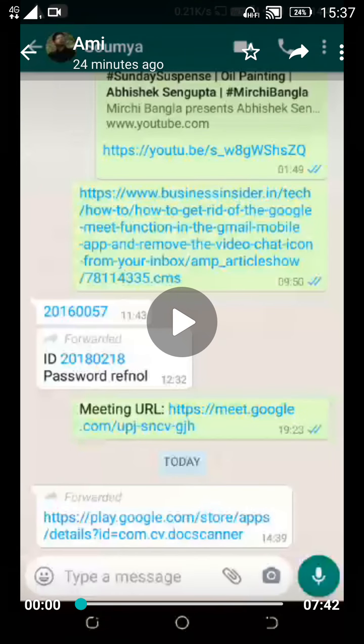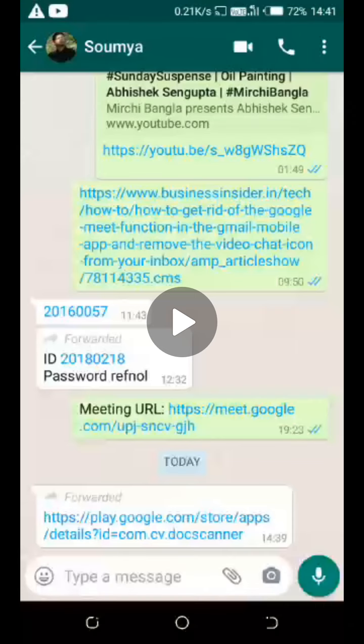Dear students, you have already taken your unit test, and some of you have faced a problem during uploading of your answer images. So we are providing you an app through which, if you take the image of your answer sheet, the size will be considerably less, and consequently the uploading time will also be less. That means if you take images of your answer sheet through this app, your uploading process will be faster, and it will be beneficial for you.